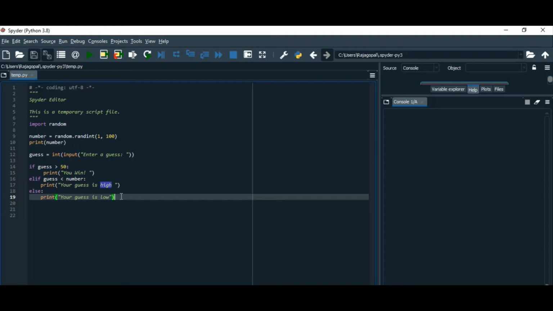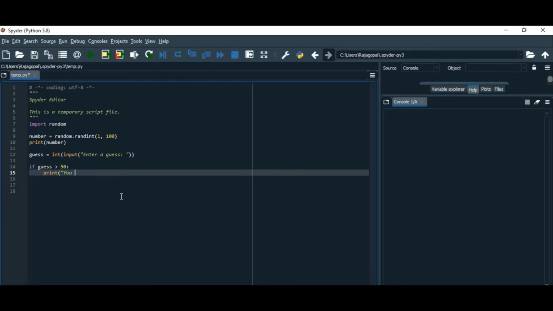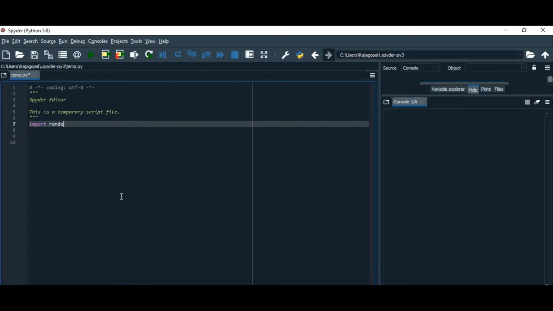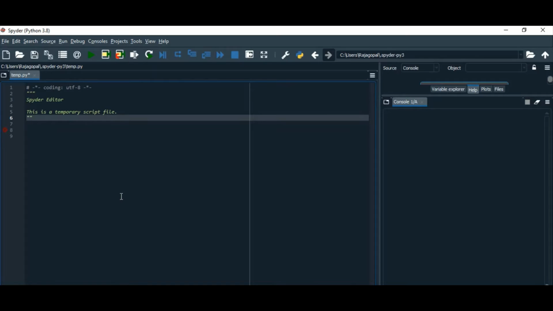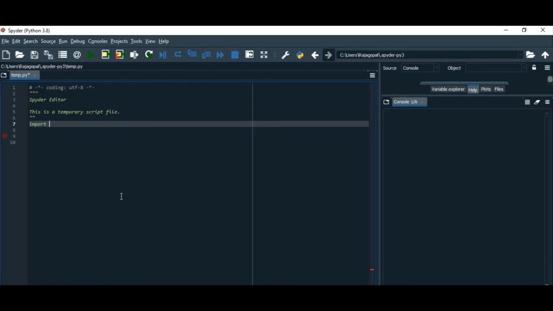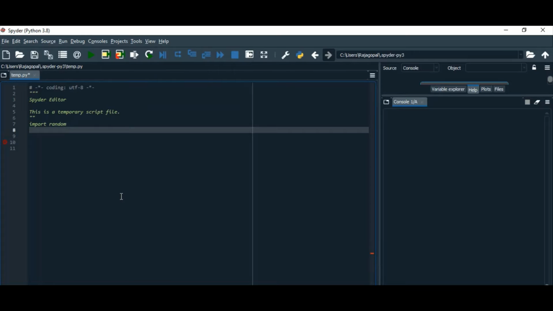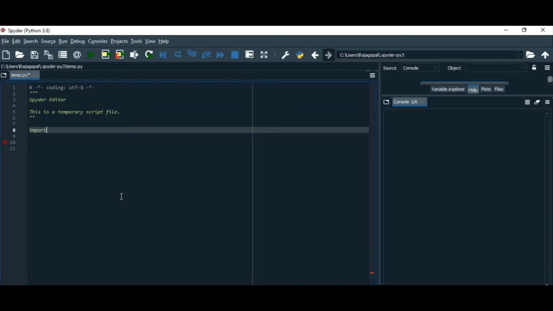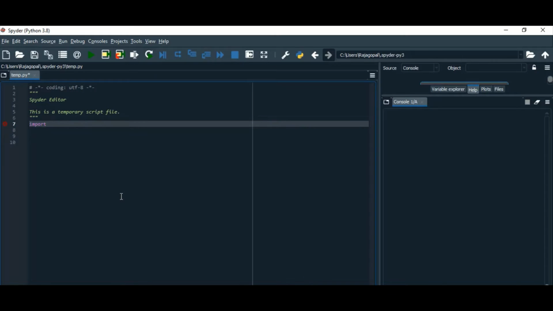So what is on my screen now? Yeah, it's a code for the guessing game. So just wipe it off and rewrite it. Yeah, we have wiped it off. So this is the Spyder editor. So for the explanation, I will be doing it very soon. So let us just import random. We have erased something important also. Yeah, we have got it white.